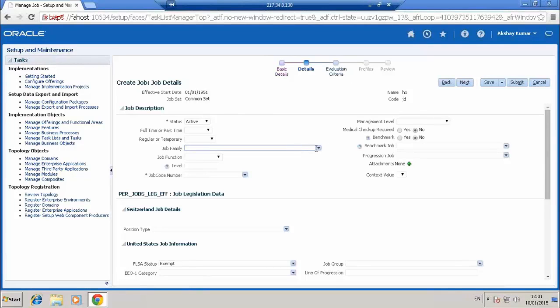Job family is one more task, manage job families, where you can create the job family and then add the job family here for this job. Actually, before job, you can create job family, so it's not mandatory. It is for grouping them. There is one more concept for grouping again, management level, and also job functions are available. This job function and management level are lookup values, whereas job family is a task as such.